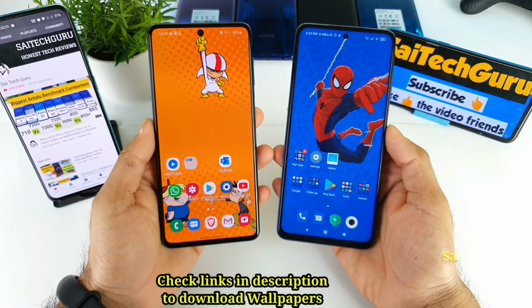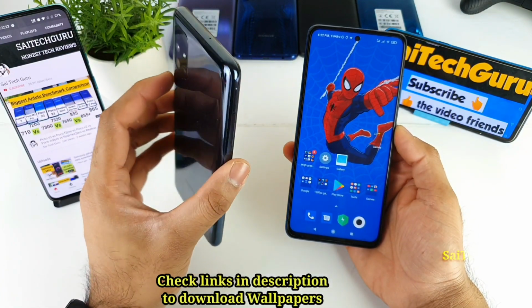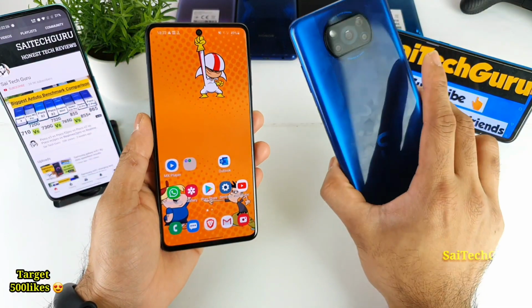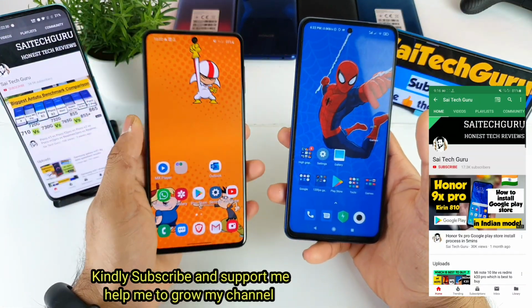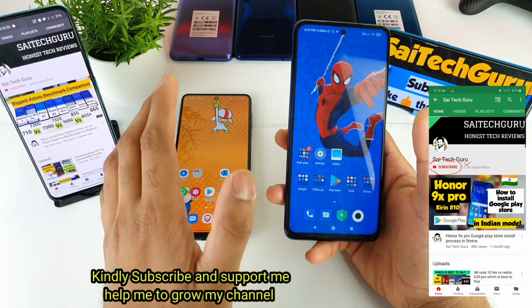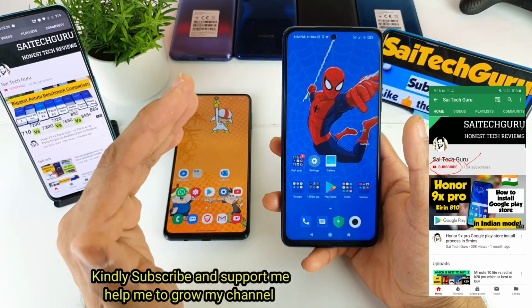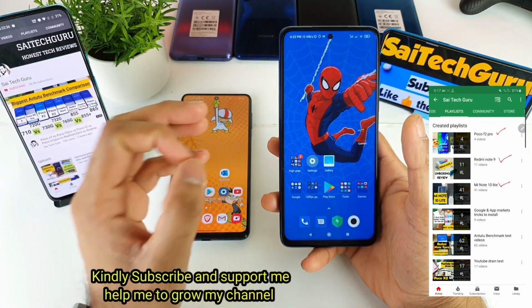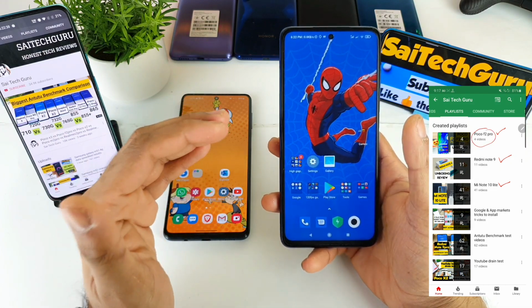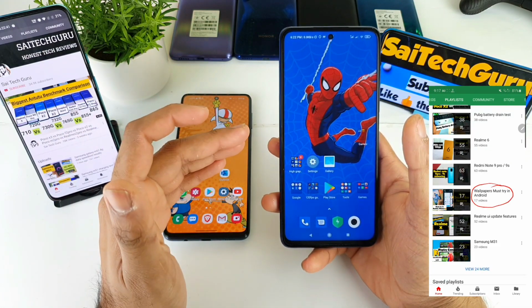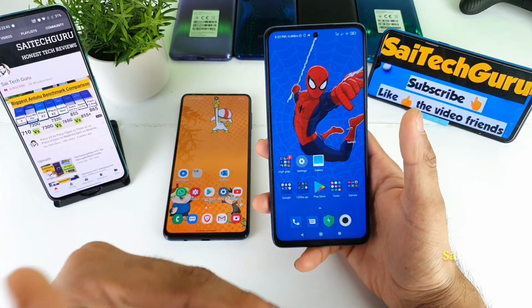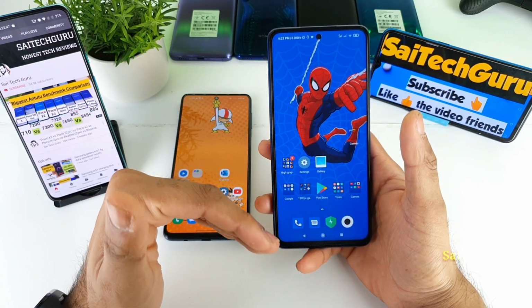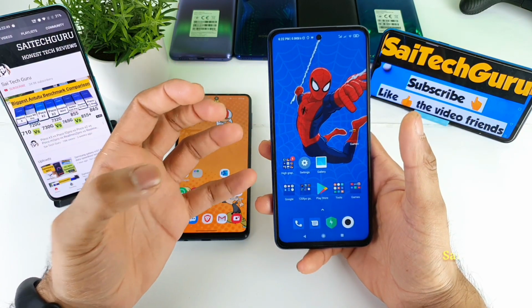In this video, I'll be doing the display comparison between the Samsung Galaxy M51 versus the Poco X3 device. I already did a display comparison, but this is going to be a very special one because the Poco X3 has an enhancement visuals option which is present in Game Turbo. By using this option, you can increase the IPS LCD panel colors a lot better, and all the colors will be more saturated, brighter, and have more contrast.